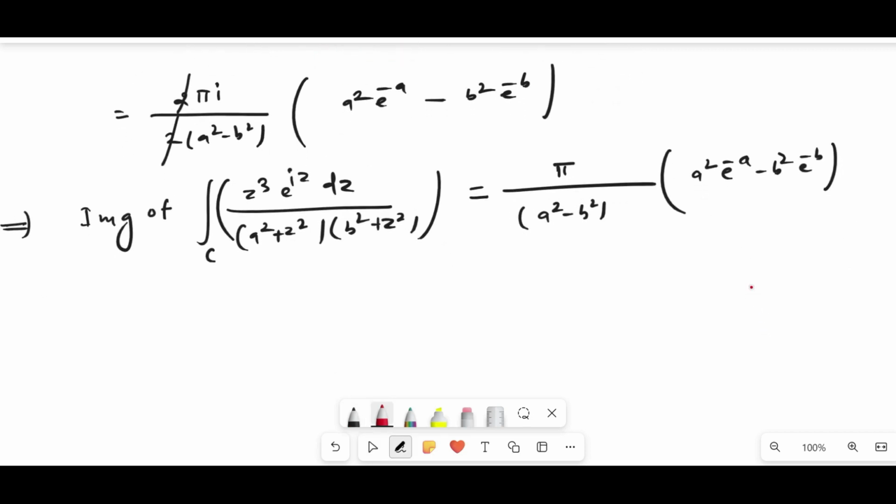So this is our required value. So now further